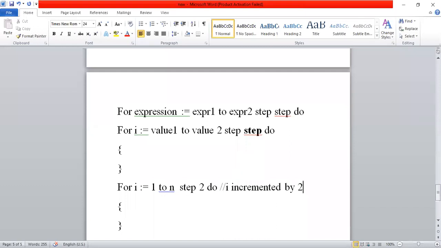If step value is 1, only I will be incremented by 1 unit. No need to mention this step. If I will be incremented by 1, that is default. No need to mention step count here. If I will be incremented by more than 1, in that case you are supposed to represent this statement in for loop.